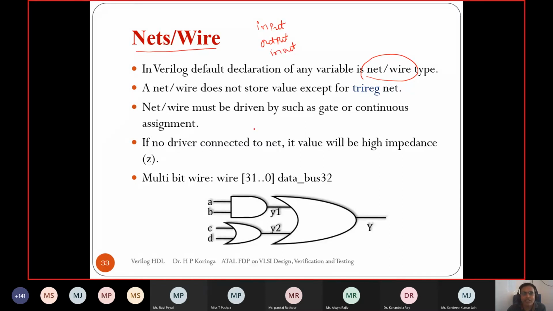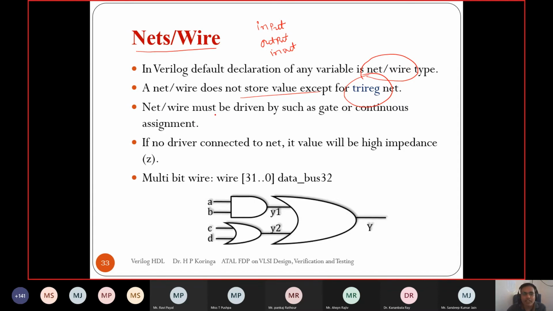To declare a register, we have to explicitly declare the variable to work as a register. If we do not declare it, then it is always a net wire type. Wire does not store the value except the tri-reg. We'll see one net which is a tri-reg, considering the capacitive effect on the net, so it can store the value. We'll see that in the next slide.